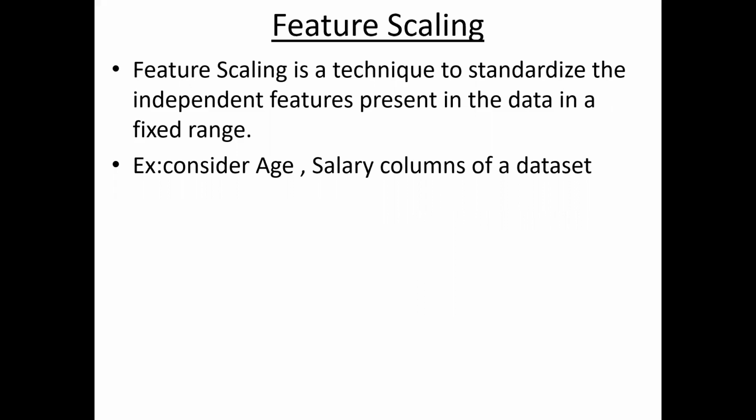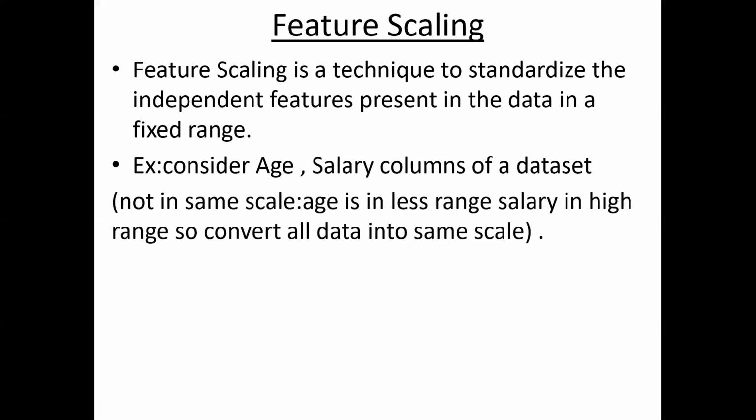How can we do it? Just try to range or scale all your values within a small range. That means you change your data set such that the age and salary values have equal importance. So that is feature scaling. That is the word scaling. That means we fit all the values of age and salary in between some fixed values. Practically I will explain what this is.